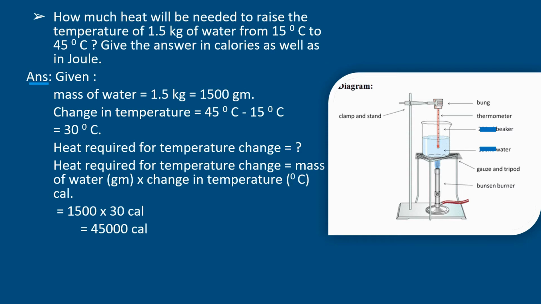Now we know that 1 calorie is 4.18 joules. So to convert 45,000 calories to joules,